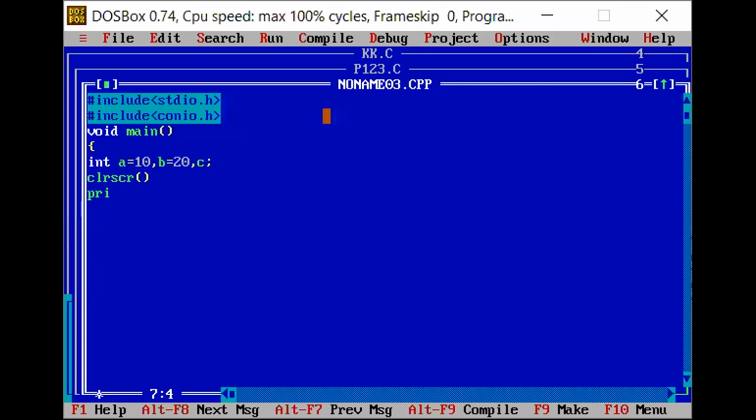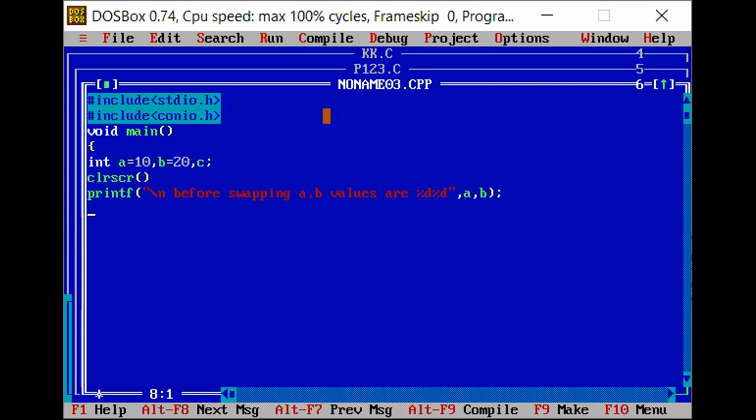Means printf, slash n, before swapping A comma B values are %d, %d, A comma B. Next. Before swapping, we can print.